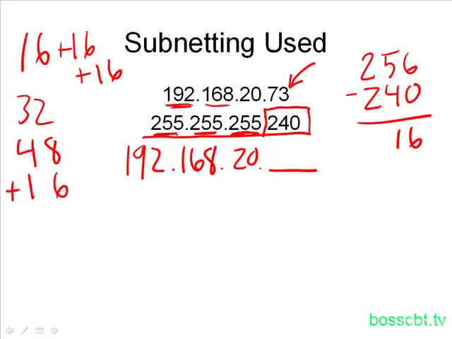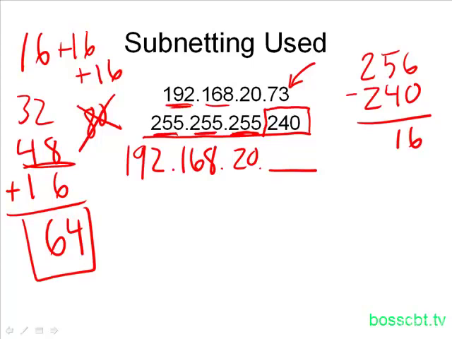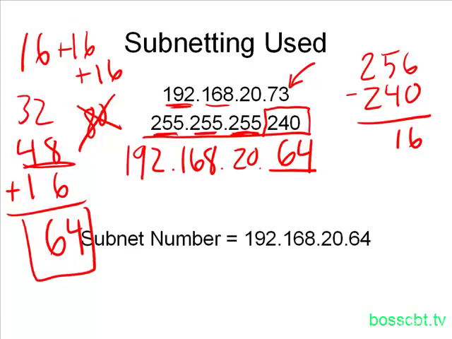So we add 16 again, and we get 64. Now that looks like a winner, because if we add 16 again to 64, we end up with 80, and we've exceeded 73. So 80 is no good, 48 is too low, 64 is our number, and we take that and we put that into our fourth octet. And now that is our subnet number,